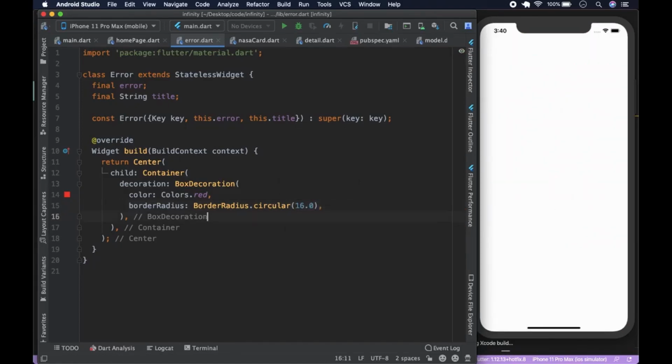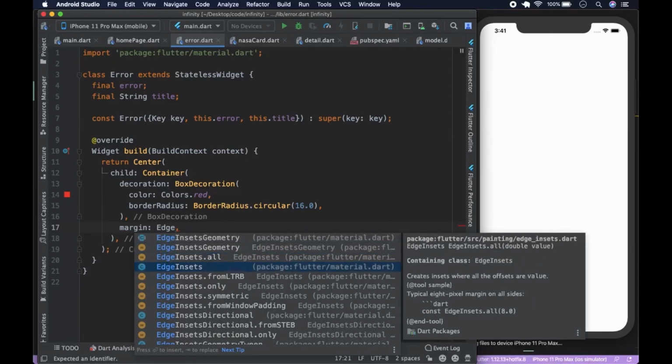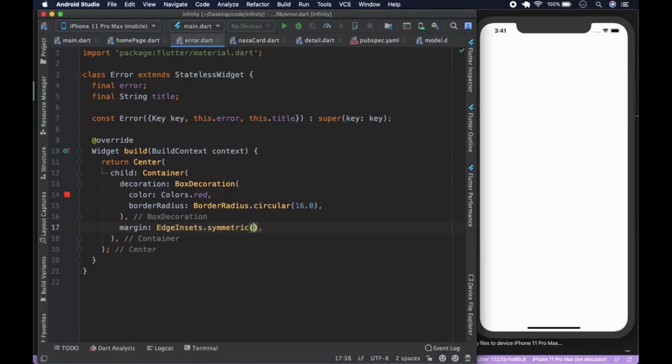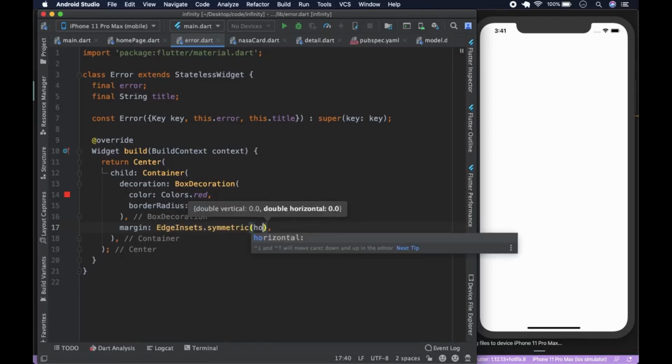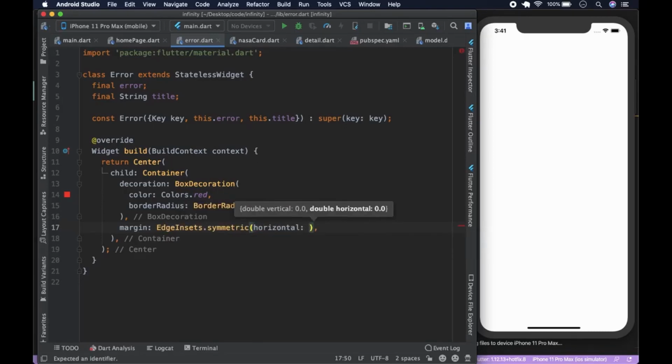Give it a comma, and we're going to come down here and give it a margin. A margin is going to be edge insets symmetric, like so. We're going to say horizontally we want, let's say, 48.0, and vertical we want 2.0,